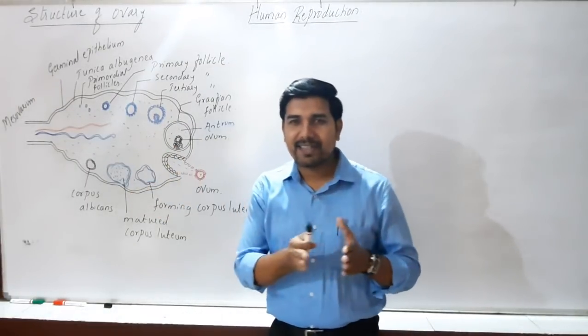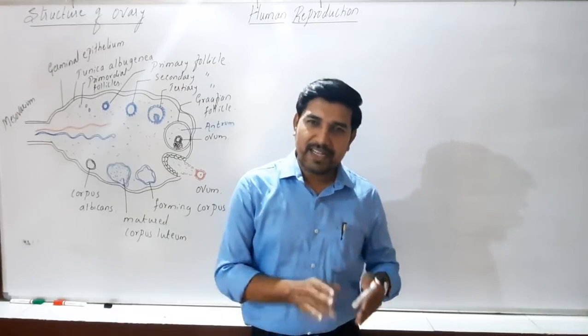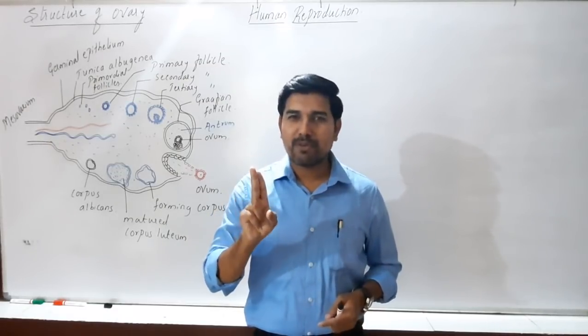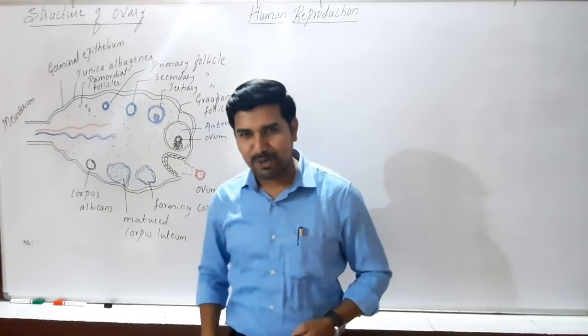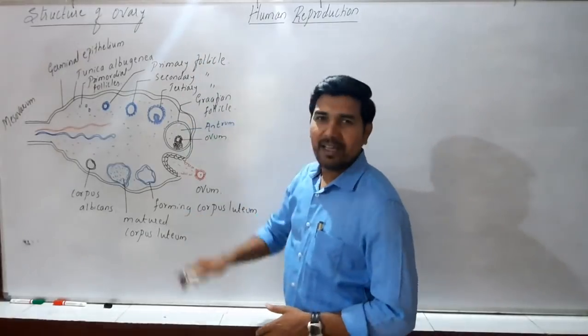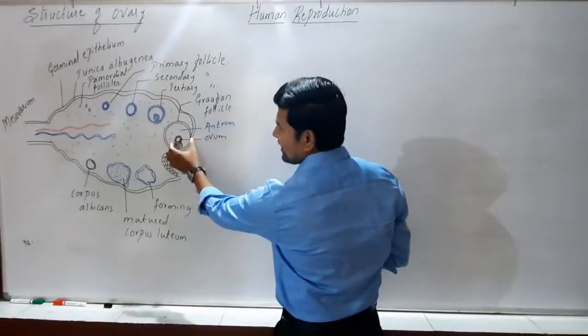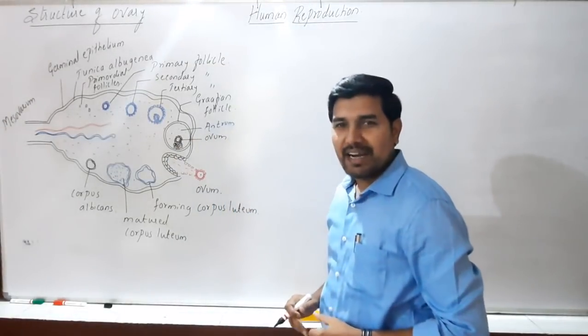Estrogen is a female sex hormone. Progesterone is a pregnancy maintaining hormone, and hence both the hormones can be termed as the female sex hormones only. Okay, so this is regarding the structure of the sectional view of the human ovary. With this, let's look at the structure of the second one, the Graafian follicle.